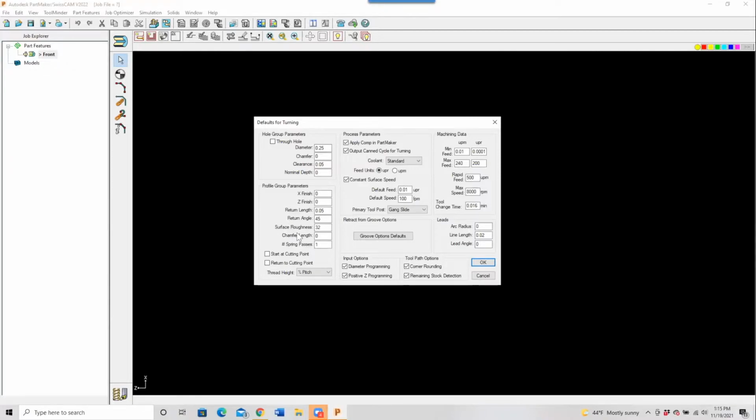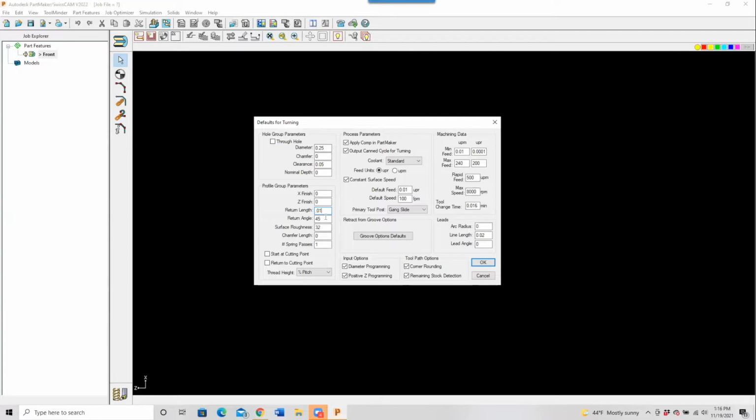And again, on Swiss machines, I like to make sure that all my motion is conservative because the bar is moving, not the tools. So I normally set my return length at about 10 thousandths here. That gets the tool off the surface without having to draw the bar back too far. And then the tool just retracts, drops down, and makes its next pass. The return angle, I usually leave at 45 degrees. And that's so that the tool comes off of a corner at 45 degrees instead of pulling up the wall or dragging horizontally along the